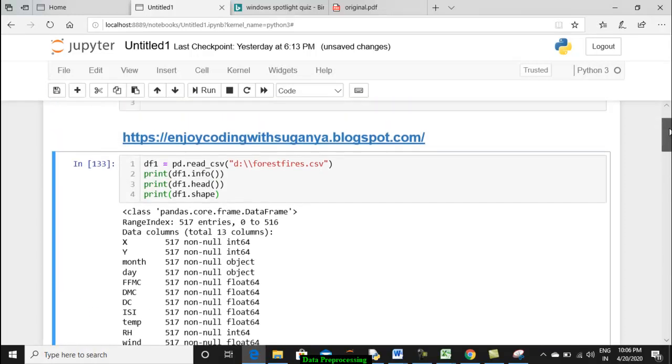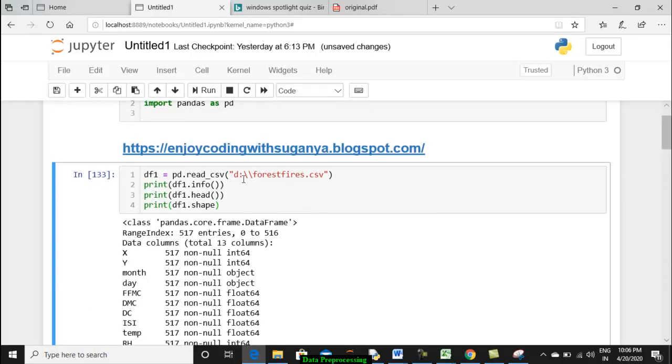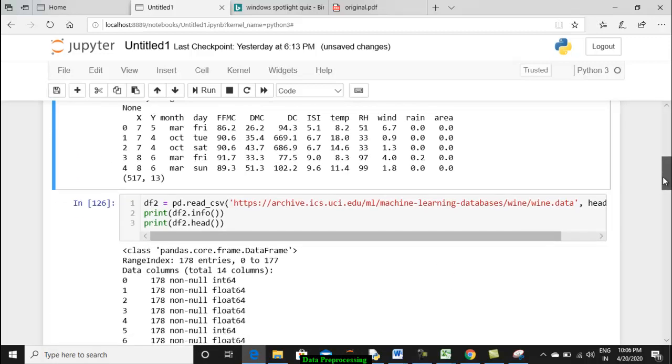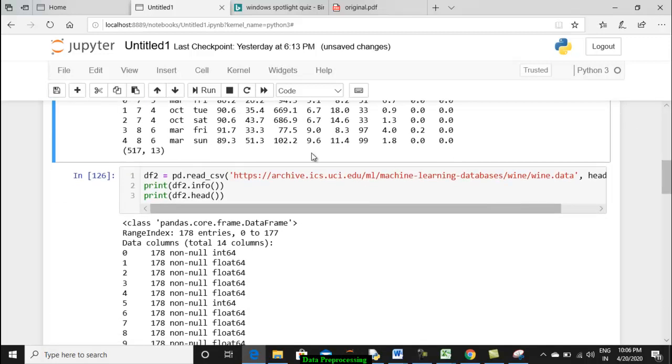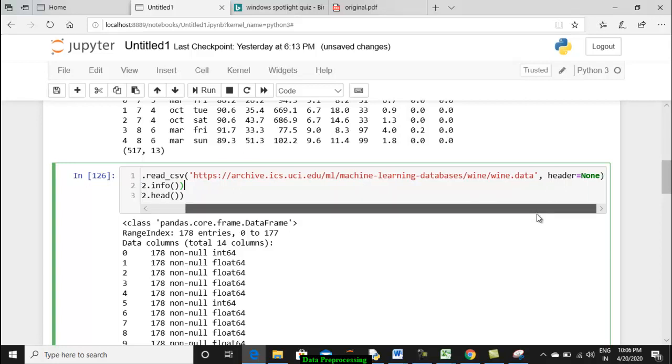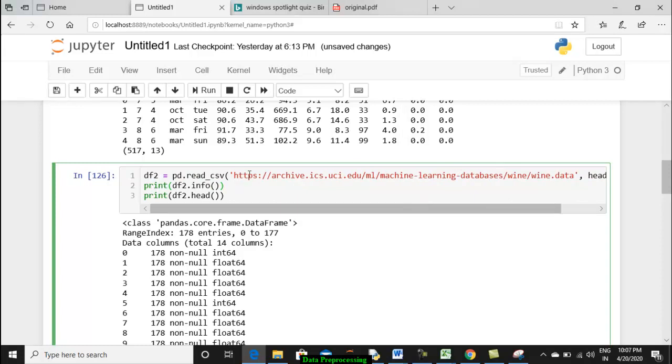Okay. So this is what we have done by downloading a data set onto our local system and loading it onto a data frame. If you don't want, you can directly download it from a URL. I have shown one more example for that here. Instead of a local drive, if you directly give a URL from where you can download the data, you can download. Here, this is another very important machine learning repository from where you can download lakhs of data sets. You name the domain in which you want a data set.